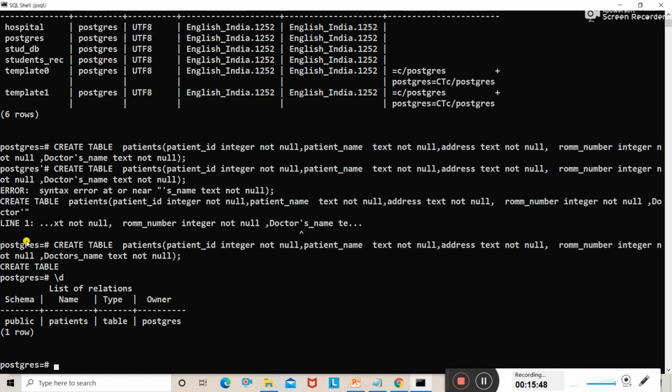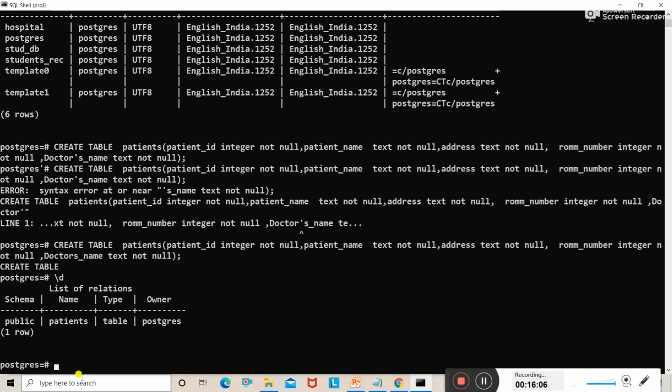This table is available in Postgres. See, the owner name is Postgres, right? So here you have created a table in Postgres, which is wrong.